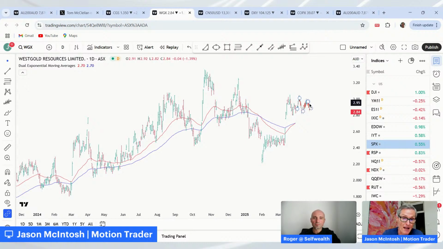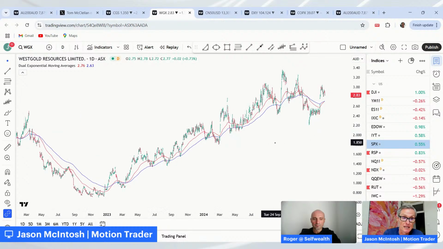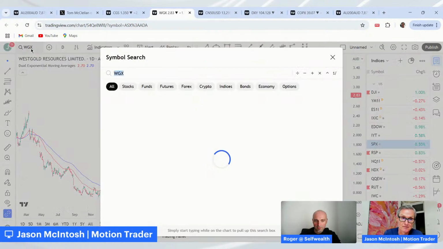If I had it in my portfolio, I'd be very happy keeping it, and it's one of those ones where you could look for opportunities to add to a position or maybe initiate a position. But I think there's certainly upside potential in WGX, particularly with what the gold price is doing at the moment. So it makes sense from a sector position, and also from its individual price action. Yeah, gold is certainly doing well in this environment. So let's have a look at MQG, please.